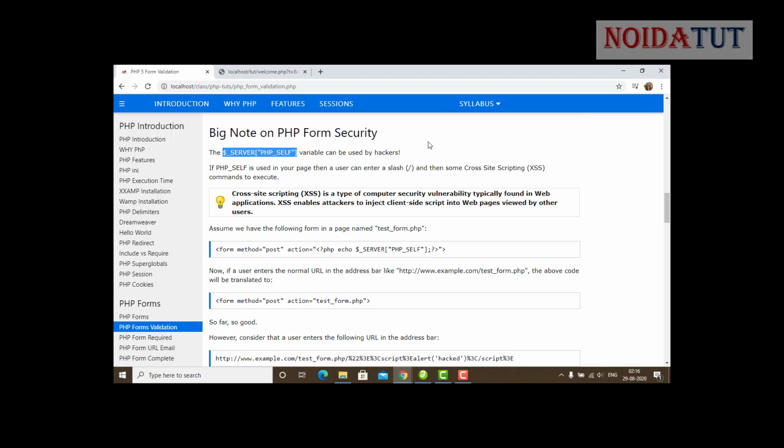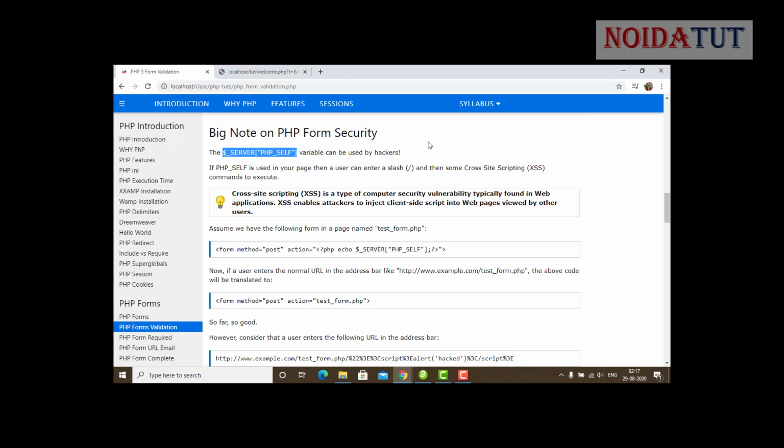Cross-site scripting is a type of computer security vulnerability typically found in web applications. XSS enables attackers to inject client-side script into web pages viewed by other users. There are several ways hackers use to hack a site, so we have to prevent the site from being hacked.